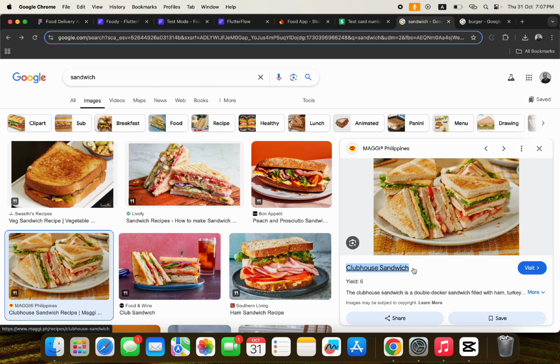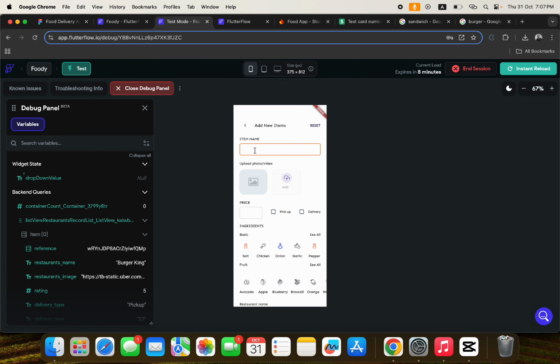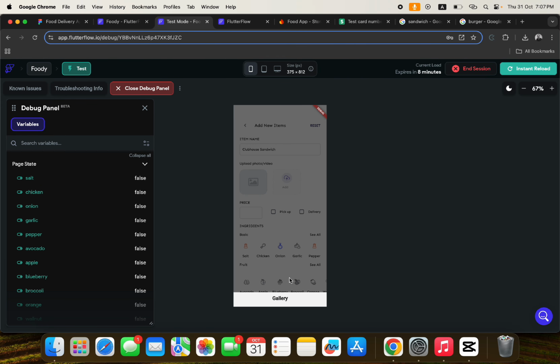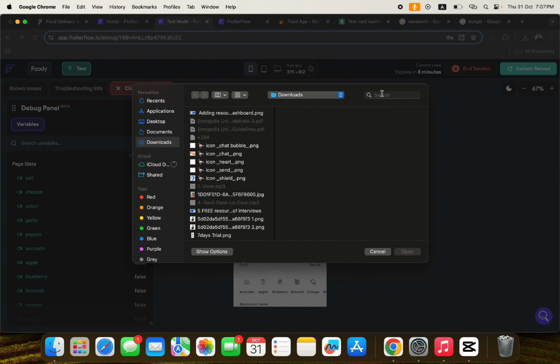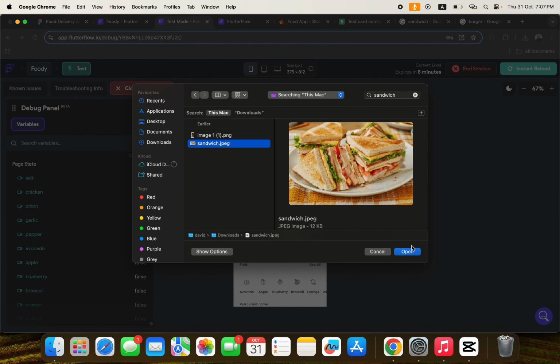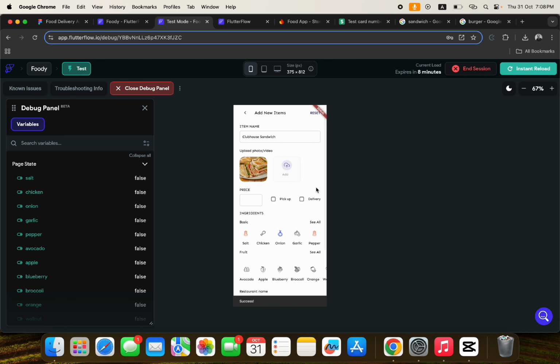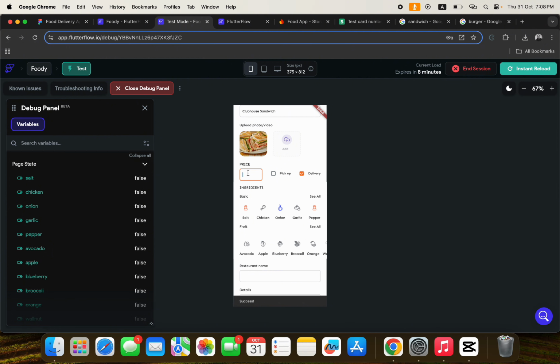Clubhouse sandwich. So I'm just gonna create another one here, clubhouse sandwich, and I can come here and search for sandwich, and this is sandwich. And let me come here and get a description. So something like this. So I'm getting that as my description. I will say delivery as well. This is going to be $6.79,